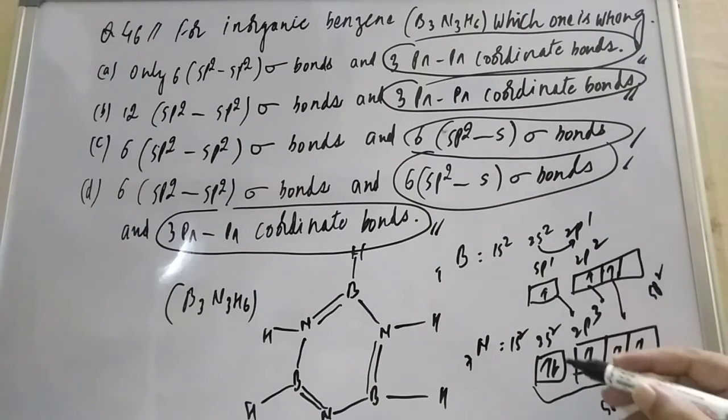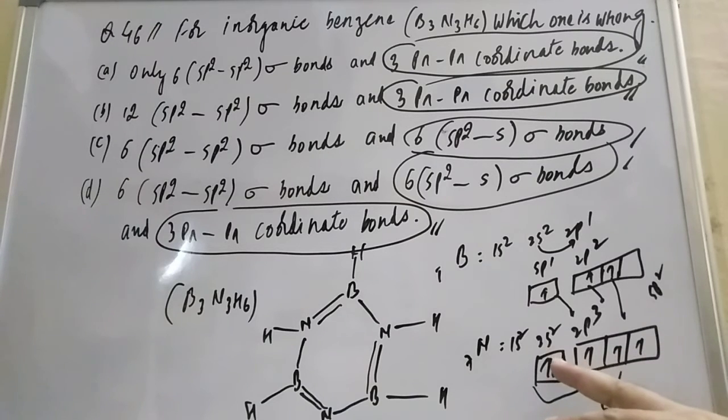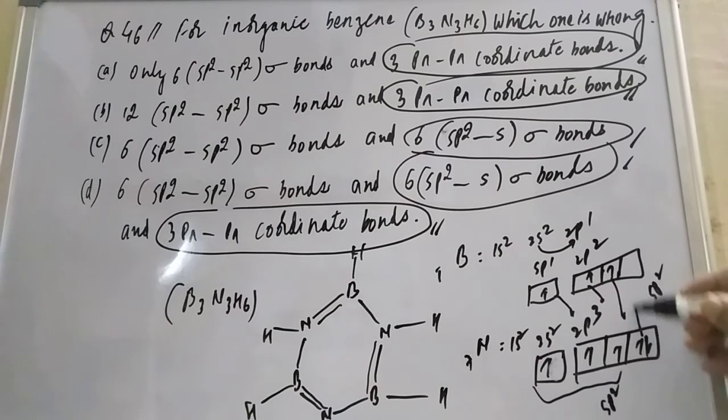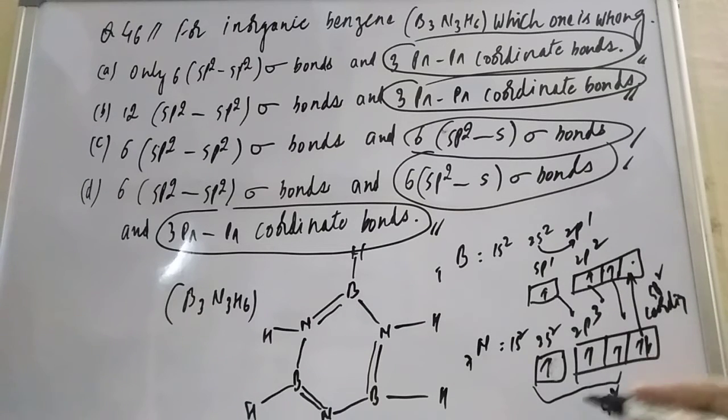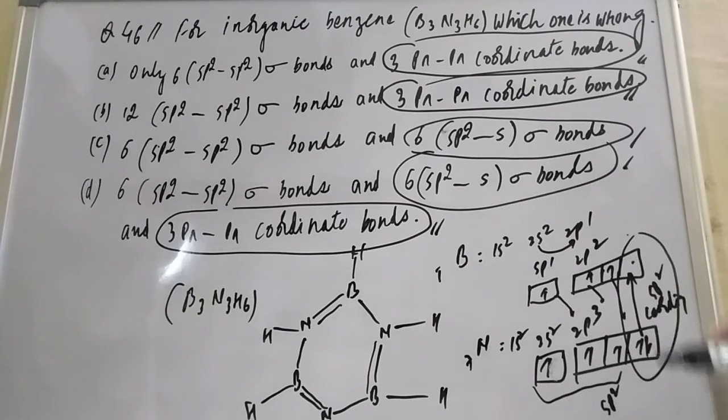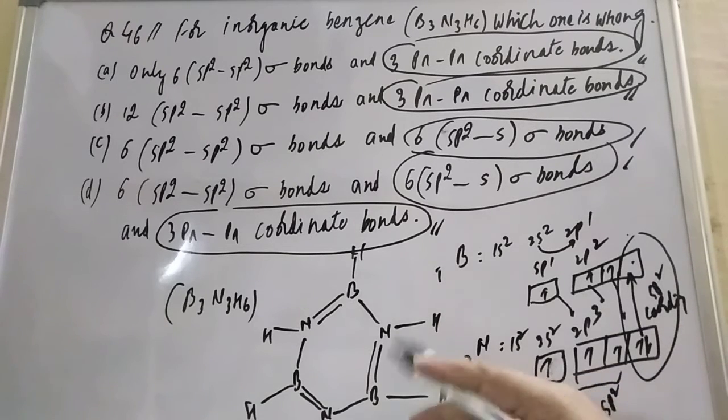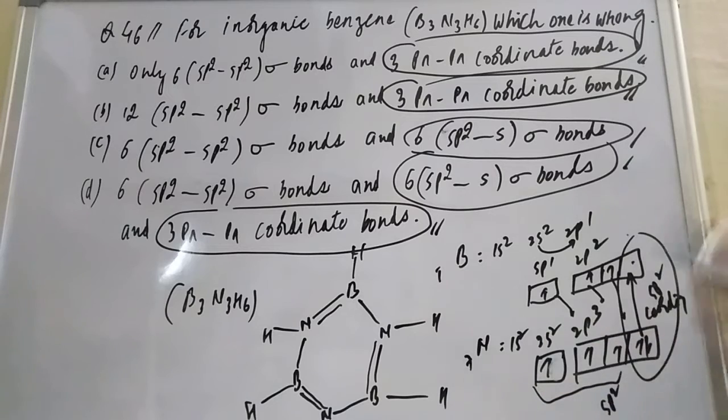This lone pair of electrons in the excited state will form the coordinate bond. One is a coordinate bond because one orbital is vacant and one has a lone pair; try to understand it that simply. The other is sp2. Now, how many coordinate bonds are possible? 3 coordinate bonds are possible, because there are 3 nitrogen atoms. So this option, that there are coordinate bonds, is correct. But now let us go for the sigma bond.